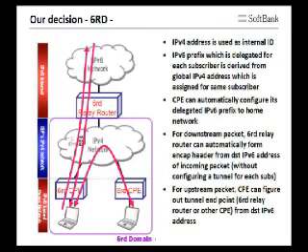There is a lot of text on the right-hand side, but please omit it because it will be explained in a later slide. The point is, in 6rd we have two different components. The first one is the relay router, which is located in our head end, and the second is the CPE, which is located in the user's home. The user's home network is dual stack, and of course the external network is dual stack, but in the access network IPv6 is not enabled, so we pass through this part by using 6rd.